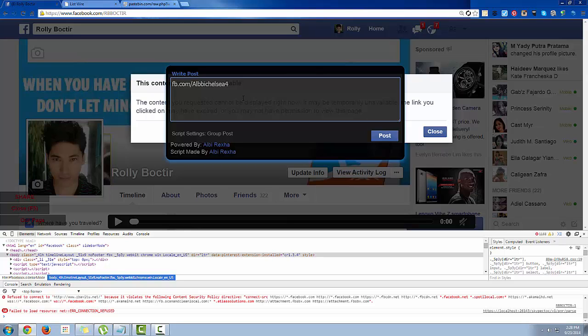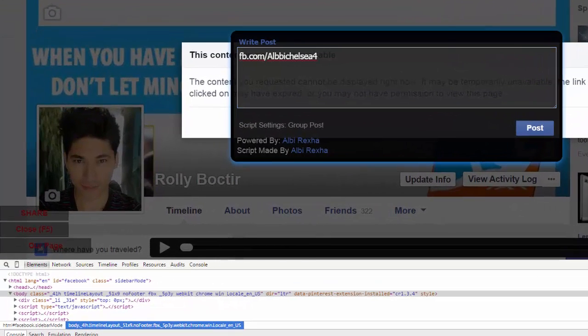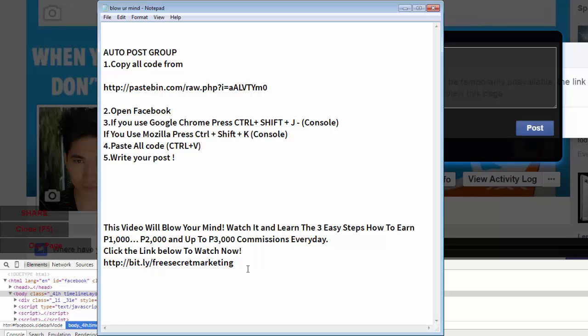It's up to you which content you should post in the group. So for me, I prefer my own post here. For example, I will post this one because right now I'm doing an online revolution system.